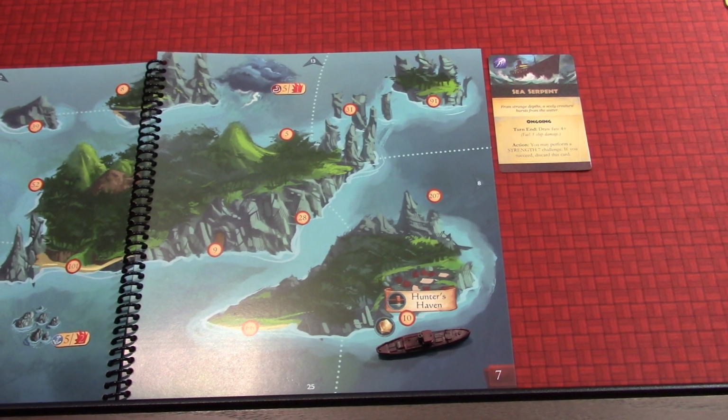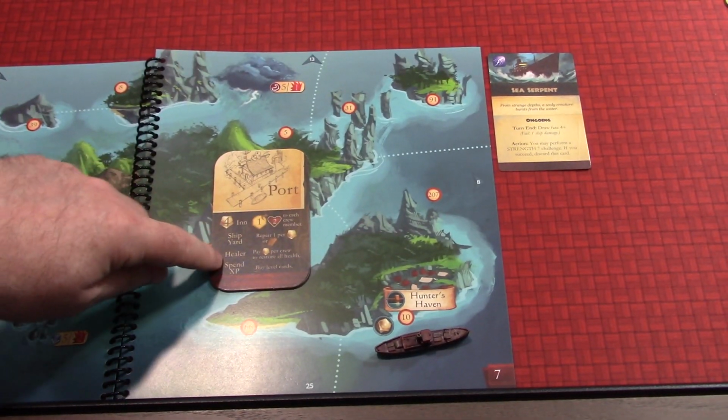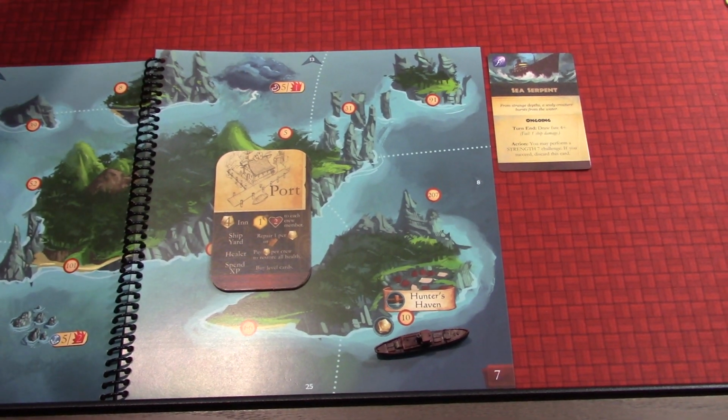And as you know, that gives us some things that we can do. Looking for the port card. There's a nice little card that shows you what you can do in port. Where did it go? Let me find that. Okay, I was debating going to the healer, but I think we're going to go to the inn because we need to get rid of fatigue. Now that's going to cost all of our money,